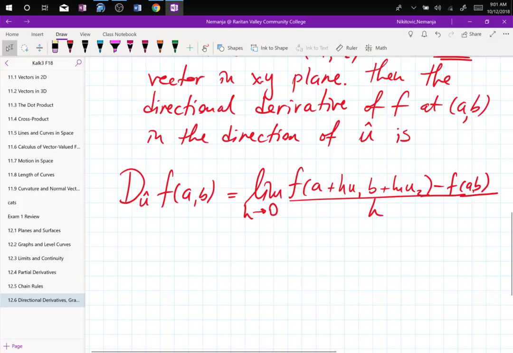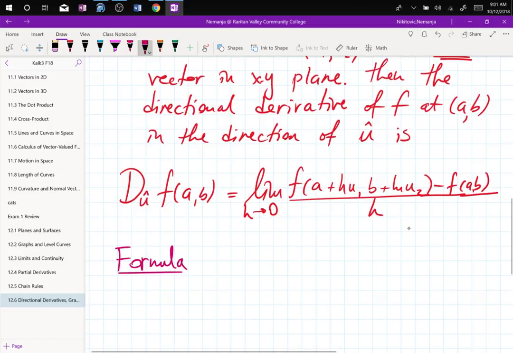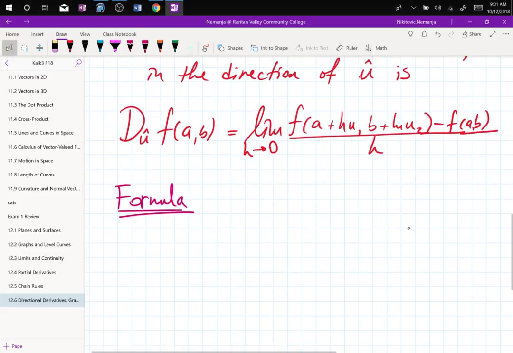The only thing that you are gaining from the unit vector is the new direction, right? So that's that part. And the way we use this in a formula, right? So the formula that we use to actually compute this directional derivative